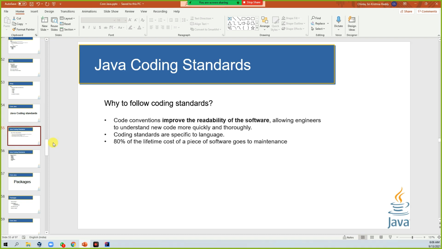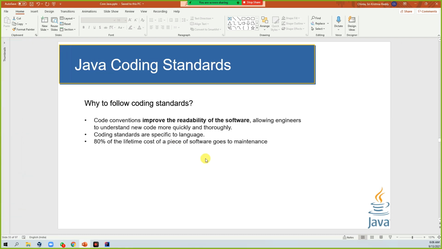So first of all, Java coding standards. Why do we need them? Whatever code you are going to write during development, let's take it as 100%. Out of that, 20% you are developing. After that, the rest of the 80% of the code is going to be maintained.